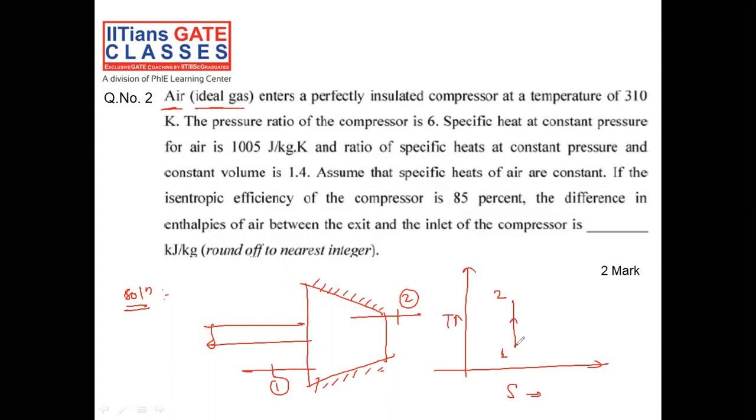the temperature at the outlet will also increase. Sometimes due to friction or irreversible process, the system temperature increases. That is, the outlet temperature out of the compression is going to increase. That is T2 dash. That's why in the question isentropic efficiency is given. Due to irreversibility phenomena, due to friction, and friction is one of the irreversible processes. We cannot reverse the direction of the process without causing any effect on the system.